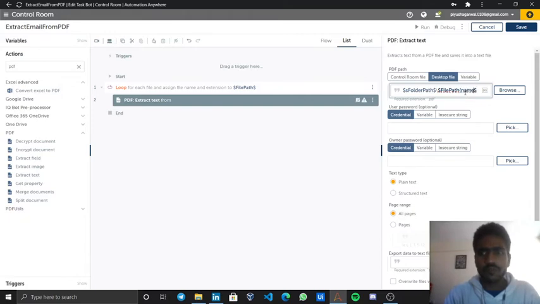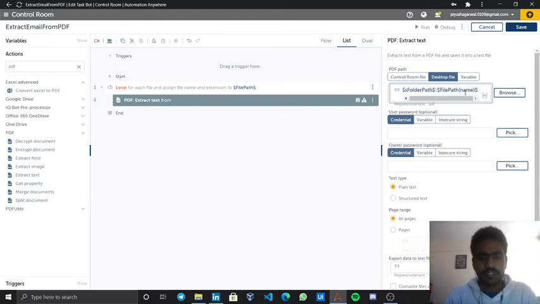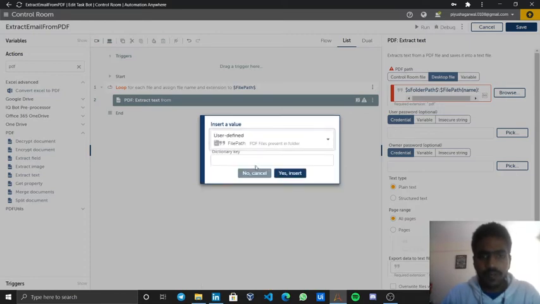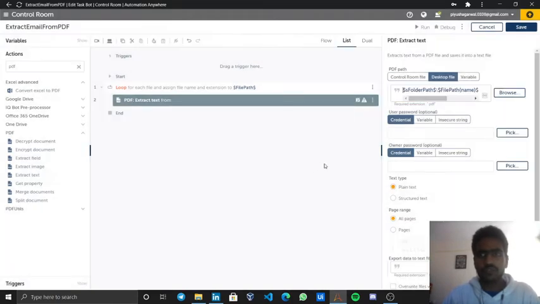Now for the file name, provide name and close the curly brace, then dot. Now I want the extension, so either we can do it in a similar way, instead of name we just write extension, copy this, or press F2, select over here the file path, and give the extension. Whichever suits you better, go with that.